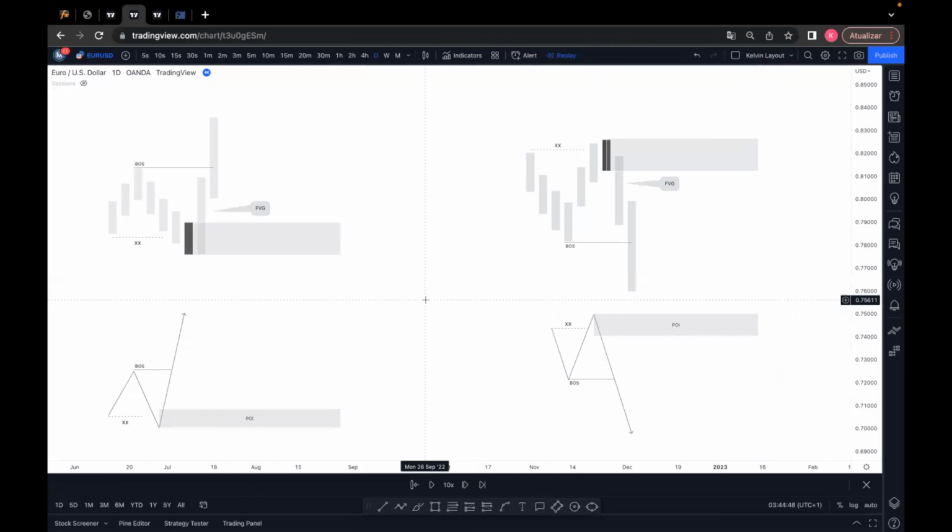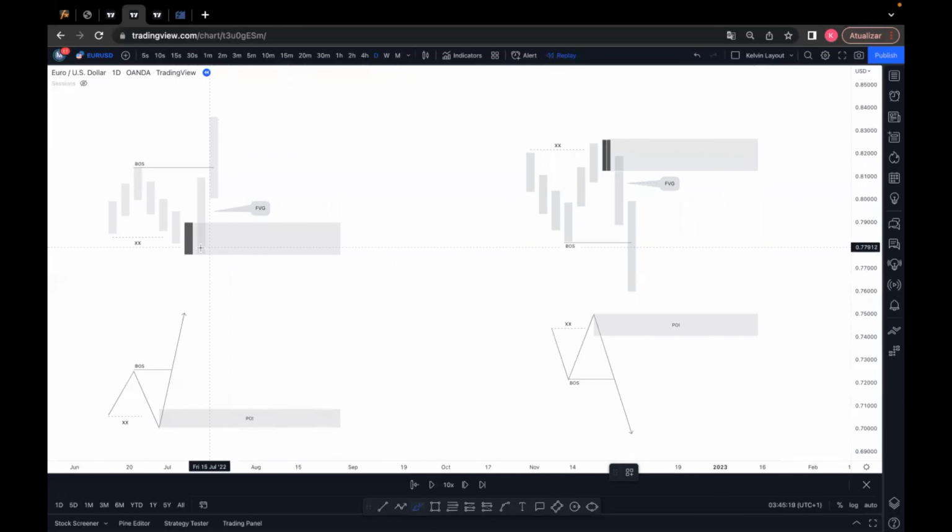And number one is price must break structure. Number two, price must have a huge volume or momentum in the impulse move that causes the break of structure. And number three, price must leave imbalances. So what do we mean by imbalances? Well, imbalances means that, for example, when we see a strong candle to the upside, right, and there are no wicks right here, what it means is that the